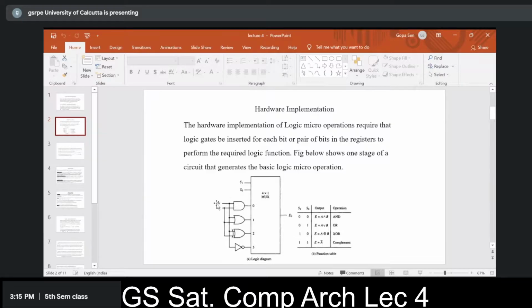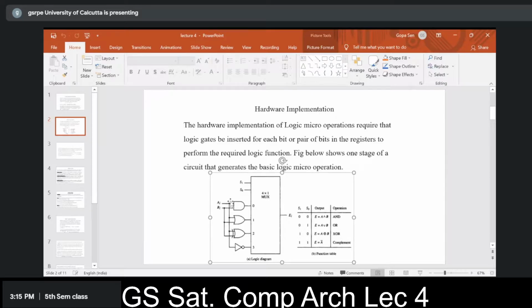Not only 4 gates, in addition to these 4 gates, we require a 4x1 multiplexer, and the control of this multiplexer S0, S1 will select any of the logic micro operations. Now this is shown for 1 bit. Input is Ai, Bi. If we have an n-bit register, then n such circuits will be used in parallel, and